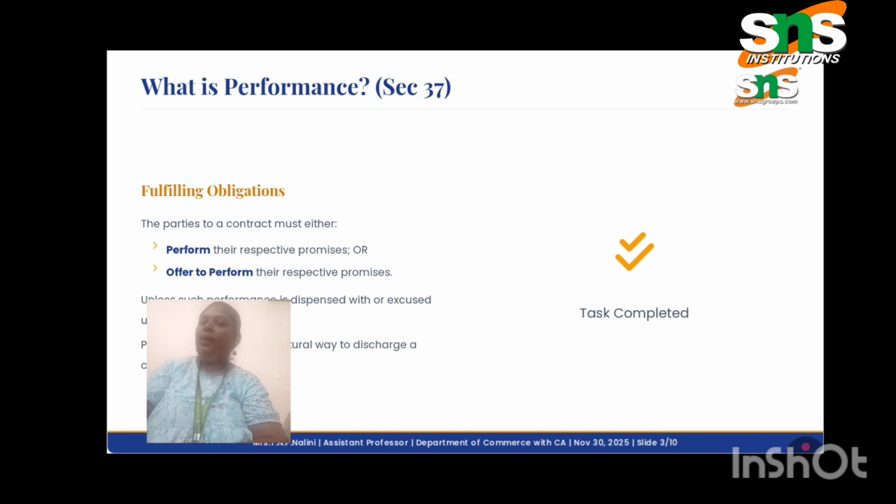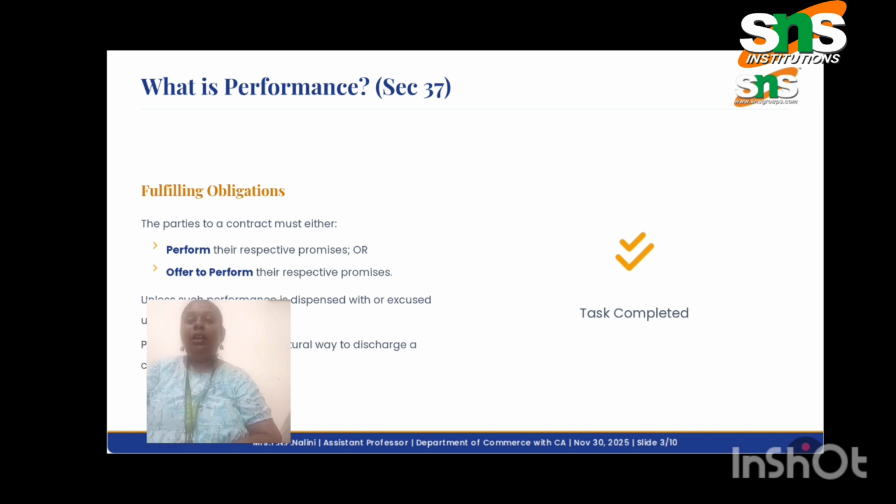Making promises is very easy. Everyone will make promises time by time, day by day, month by month. But fulfilling those promises is very important. Fulfilling those promises means performing that act is very important. Performance means it's not just ordering or offering, it's doing something which has been promised. So, promise becomes action, then it becomes a completion. It is called as a performance of contract.